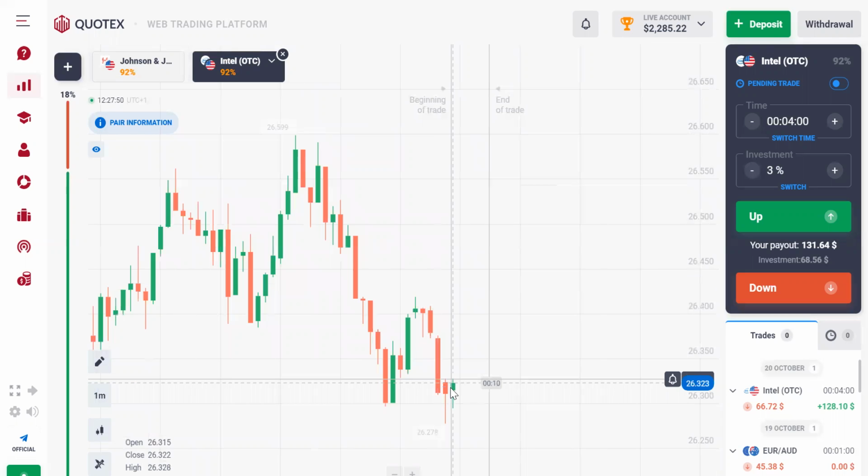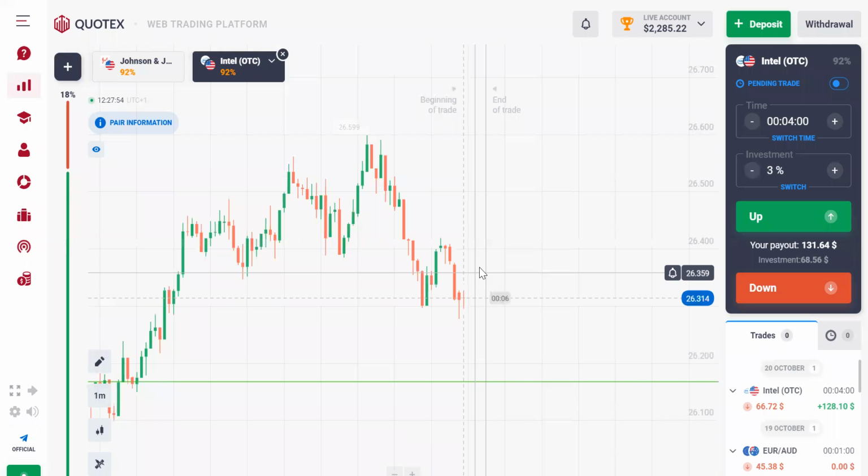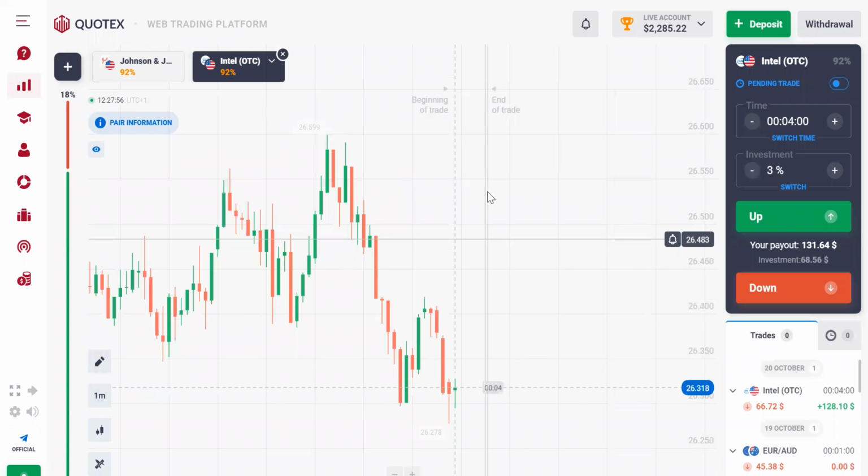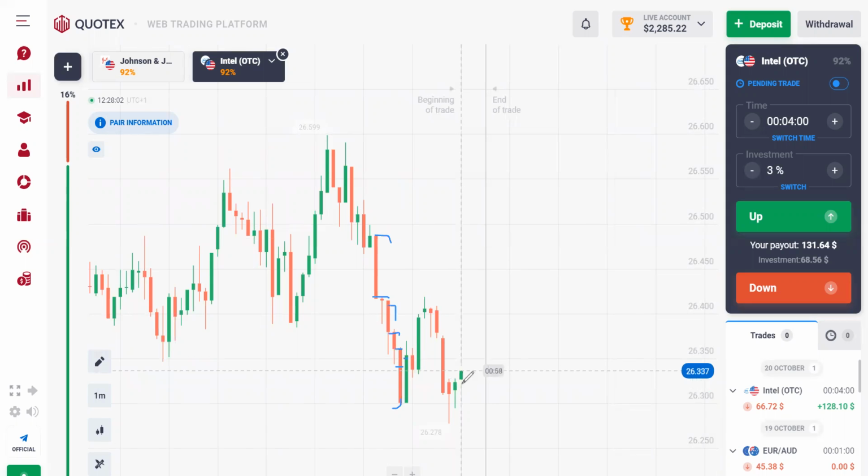This guy is just giving me some gap. This guy started with a gap up, so the price action is not clear there. If you observe, all the while we have been observing the markets, we have not seen any gap up. All the candles have been opening up, but all of a sudden the candle closed there and opened with a gap. I don't like that price action. It's not clear to me.